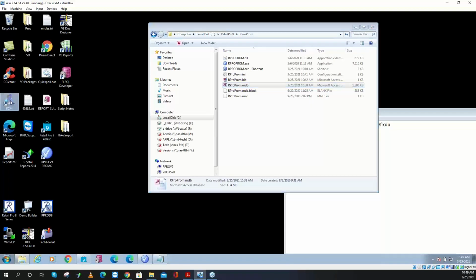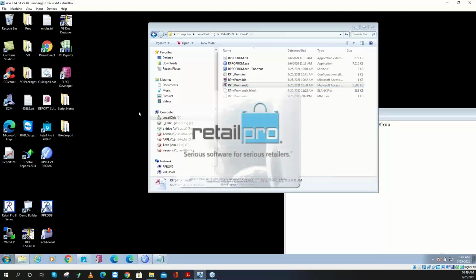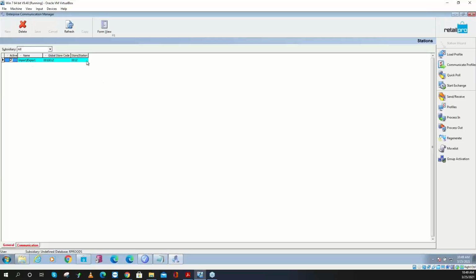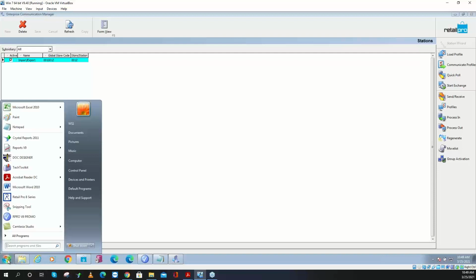So in ECM polling, we set up station files for each of our stores, right? And hopefully when we set up our stores, we set them up consistently. Consistency is so important. I cannot stress it enough. It's ideal if every store has the same path. Like we set up all of our stores to have an R drive, right? So for instance, not to go off into the weeds too far here,